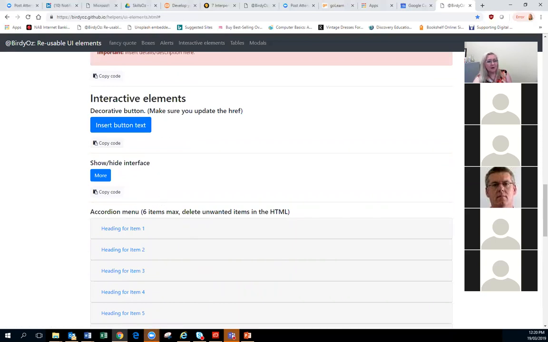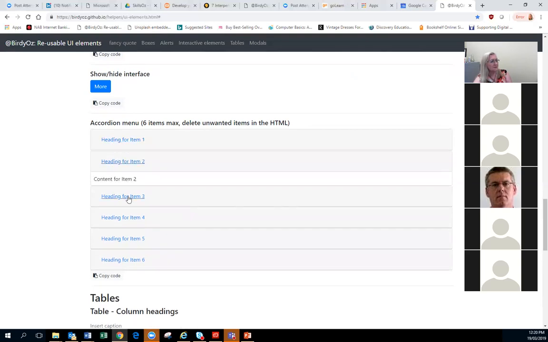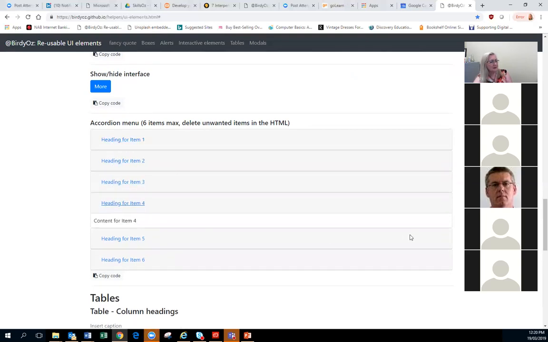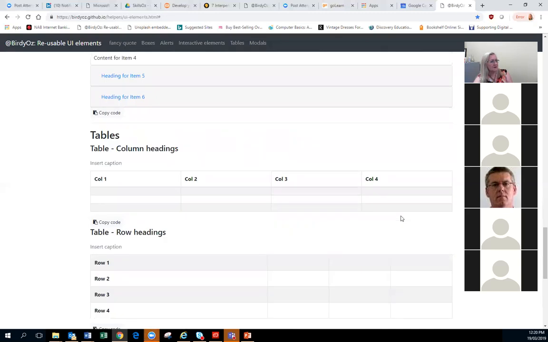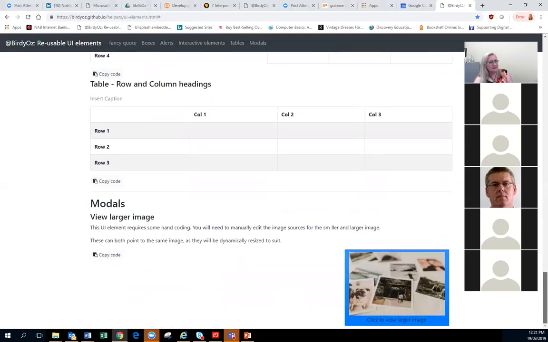We've got accordion that we use so that we don't have scrolls and scrolls of content. We use an accordion, and that sort of opens up, and we can put content in there. Also, making tables look nicer. We've got a placeholder for this also, and what we got here, models, view larger image. So it's a code that you can click on it and the image will come quite big.